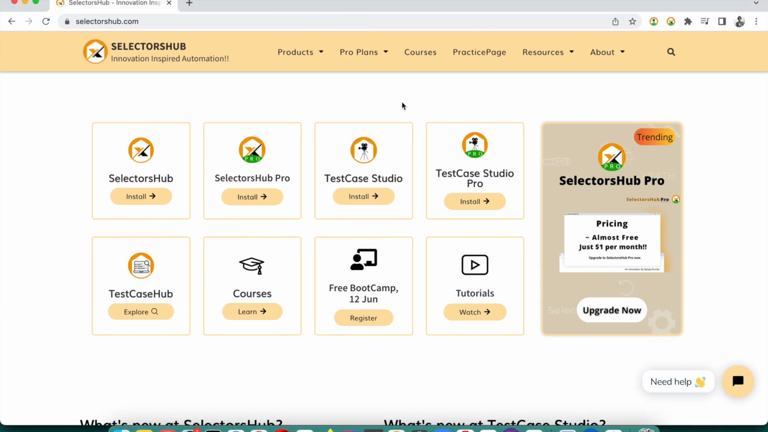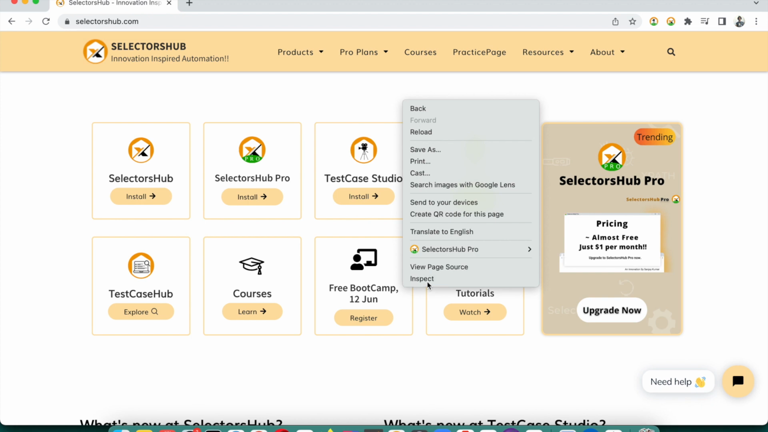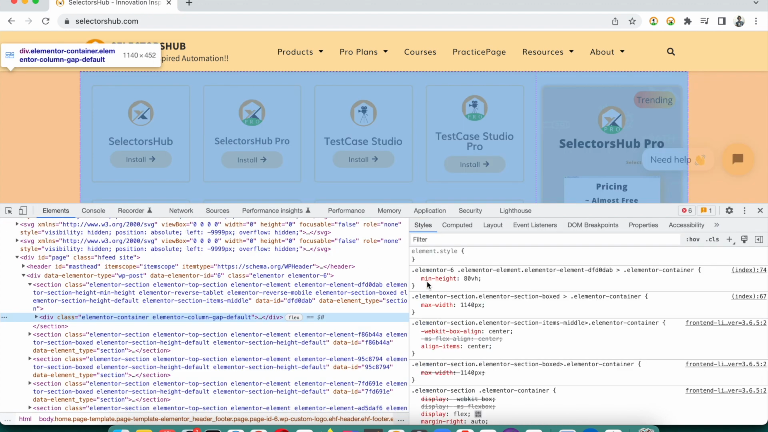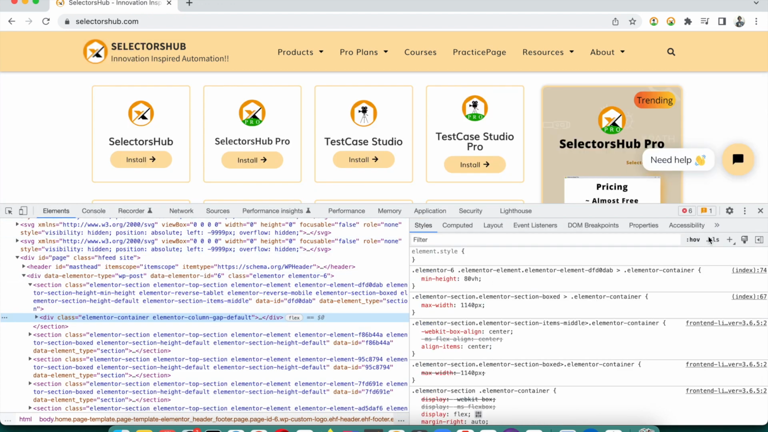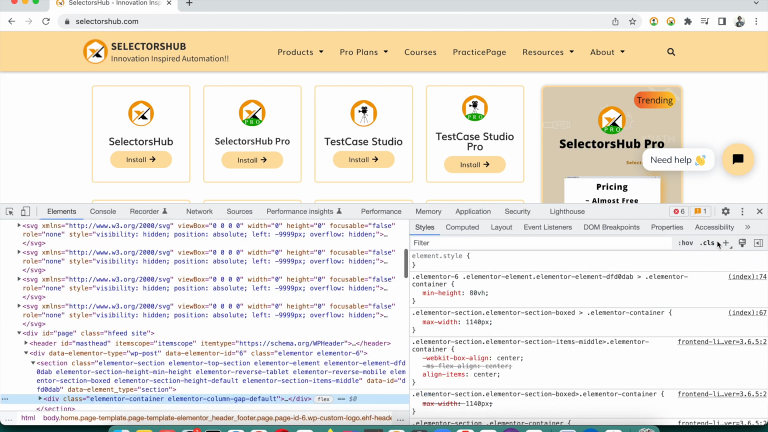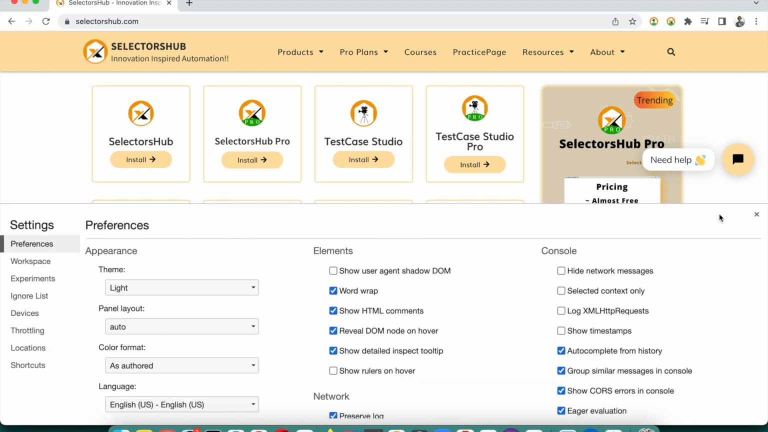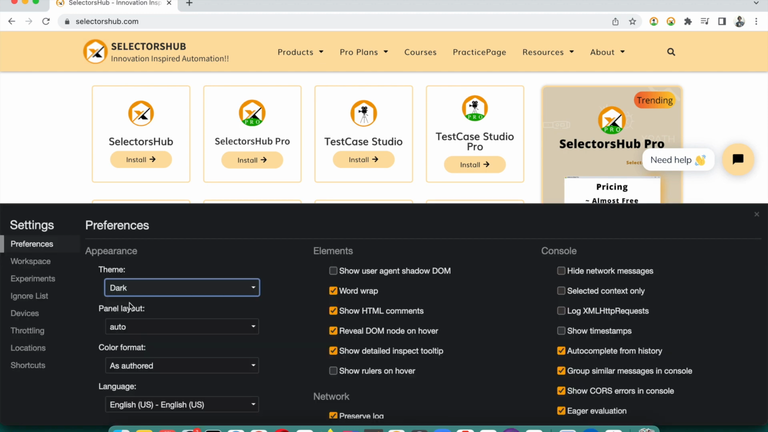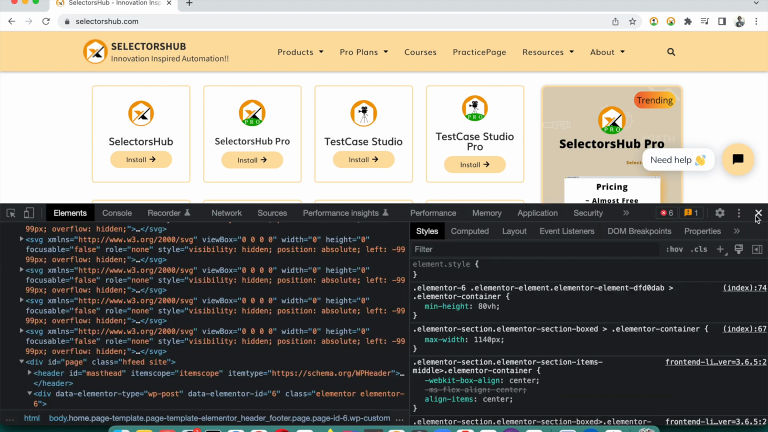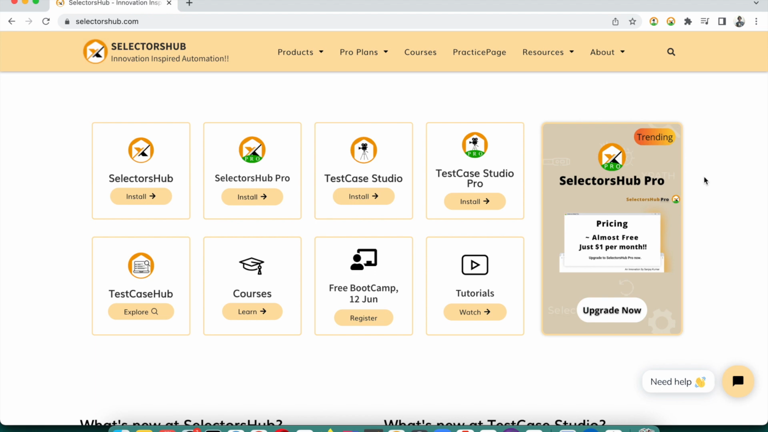Only one setting is required. Just right click on inspect, open DevTools. So here DevTools got opened, and now let me just zoom in. You see that there is a setting button in DevTools. So go there, and you have to turn on this DevTools theme from light to dark, and then you just have to click close and open again,